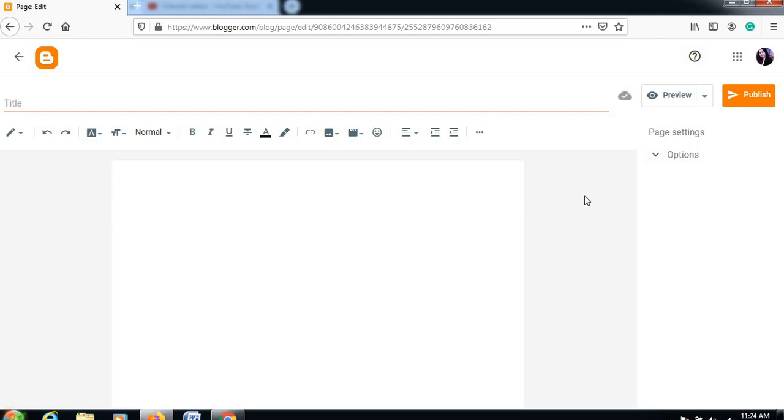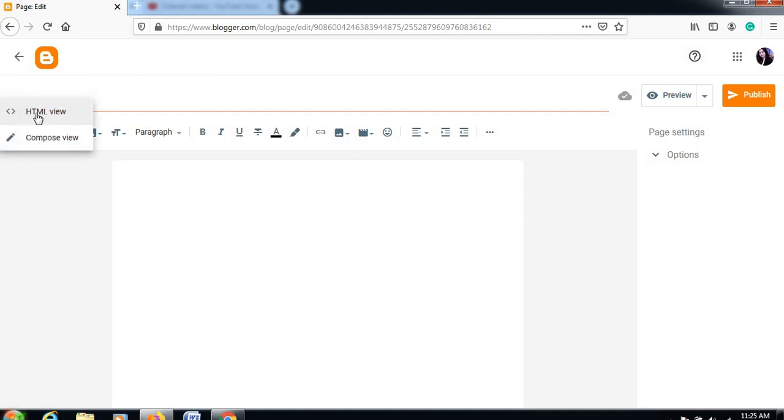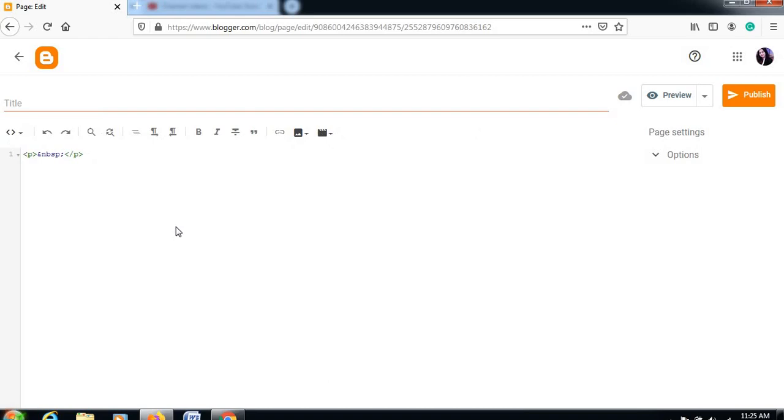See, here I want to show you one more thing about the blog part, is that as we have learned HTML and CSS portion, so we can use that HTML part here also. See, if you are not able to understand what to do or what to write or how to insert image or how to make images moving, so here at the left corner, you see a link. Here is the HTML view and one is the compose view. So compose view is showing you, and when you click on HTML it will show you the HTML code part. So you will work in both, as it is up to you.